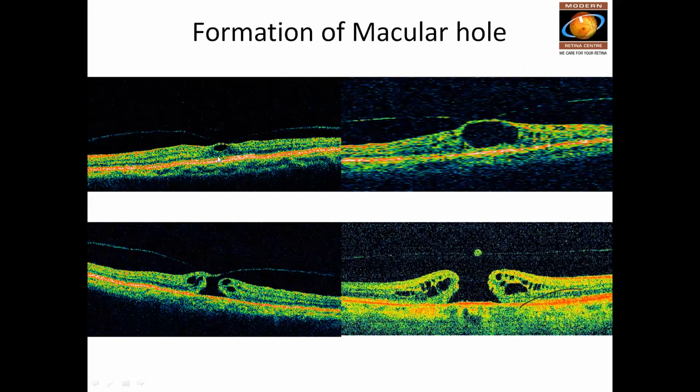So there is an early PVD. Initially, what happens is there is accumulation of fluid in the center of the fovea, and this fluid starts expanding both horizontally and vertically up to the RPE, almost filling the entire retinal center. And once that happens, there is a PVD, and one end of the retinal tissue, the cap of it, is lifted up, and this is called an operculum. But at this stage itself, we call this a full thickness macular hole, because there is loss of all the layers in the center. Then if there is a total PVD, the entire vitreous gets separated with some amount of retinal tissue attached to that, forming a full thickness typical macular hole.